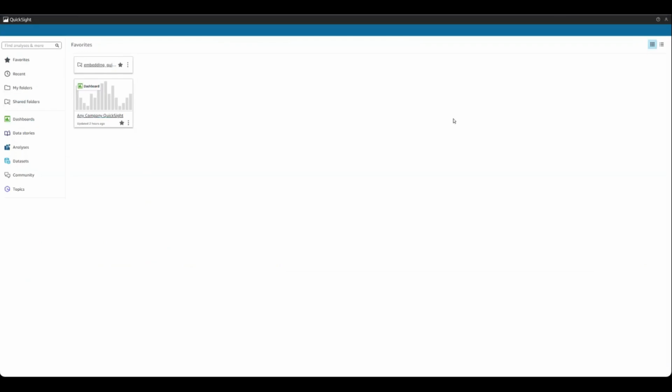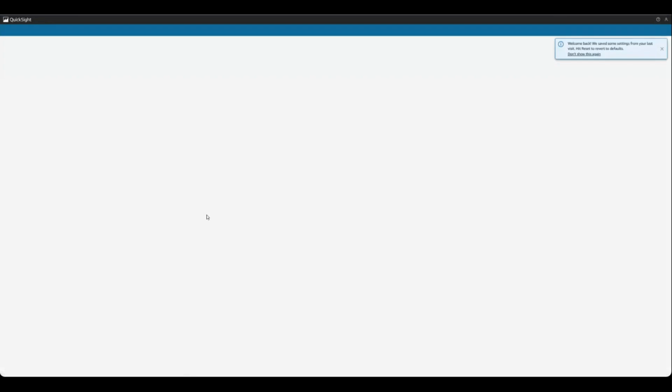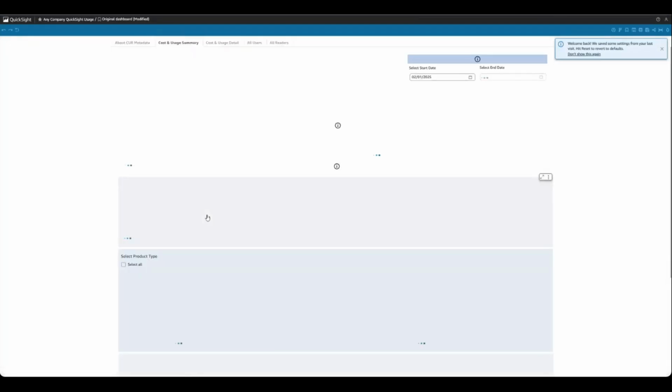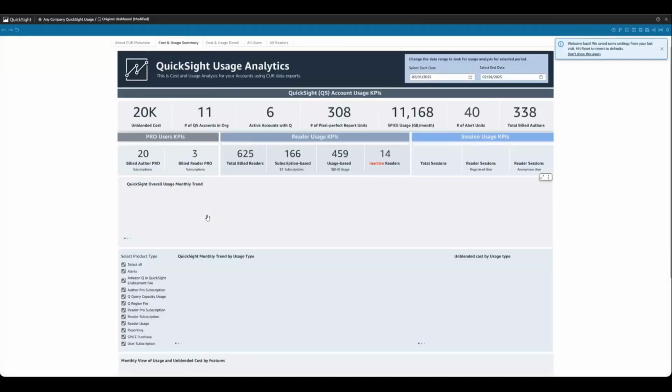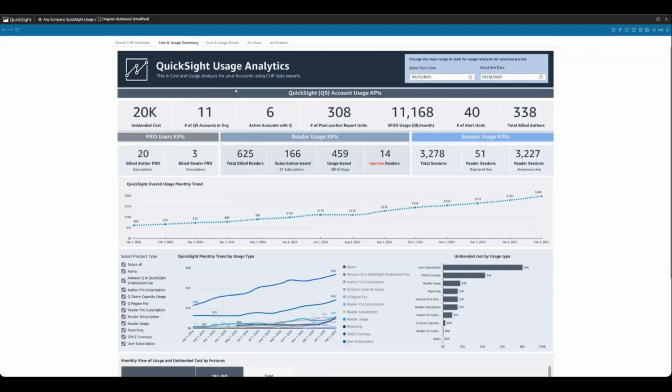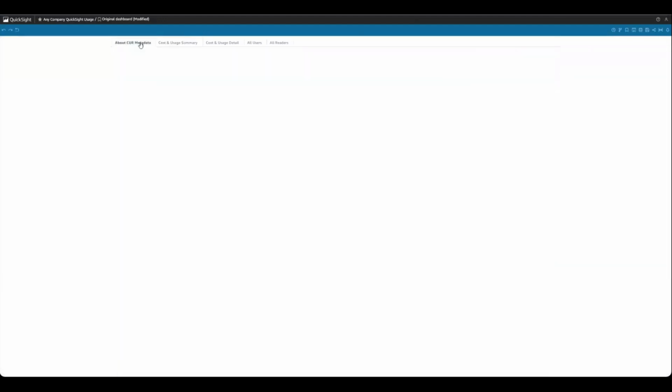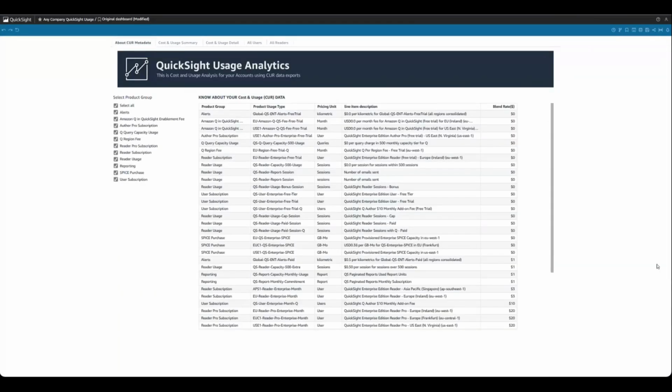building the datasets and also the dashboards. Let me go into the dashboards, which is my AnyCompany QuickSight dashboard, basically to look into the QuickSight usage for the company. So in this example, as you see on the dashboard, the very first tab you get when you deploy it is your data dictionary, basically providing you all the features or the product groups, usage types within your